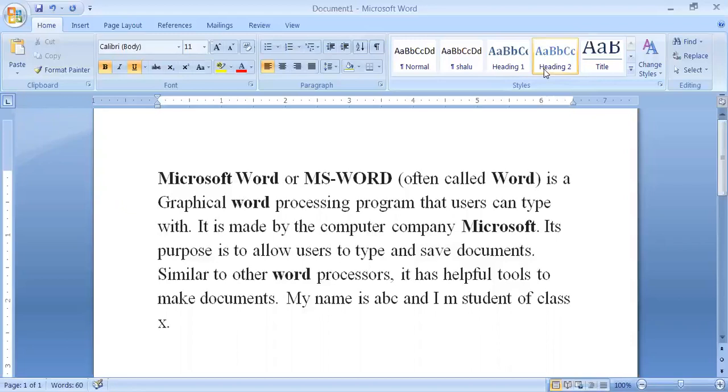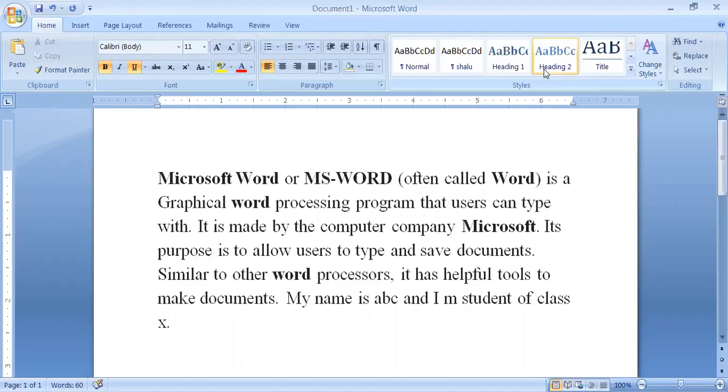Styles allow us to quickly improve the appearance of our document, and with the help of style options, you can give your document a more sophisticated and professional look.